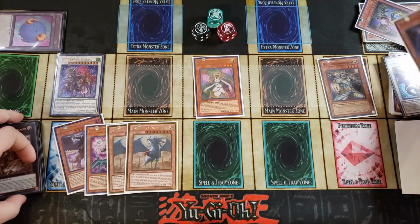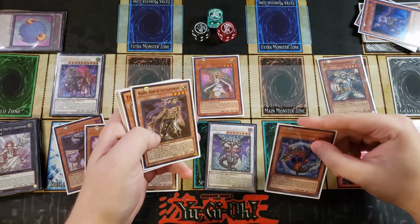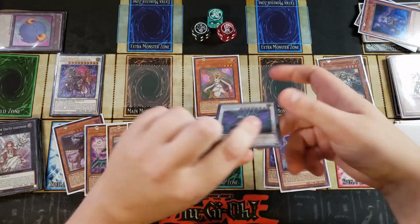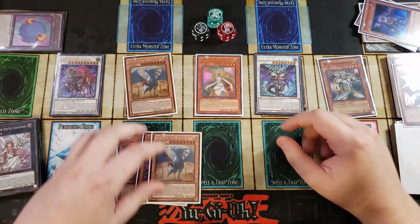Now, the copy of Plague Spreader actually will be banished, which is important to keep in mind as you're doing this. And we have the copy of Black Dragon and our copy of the White Dragon that we can banish from the graveyard to special summon back our copy of our Chaos Ruler back to the field. Now, I'm willing to actually throw a copy of Judgment Dragon on the field